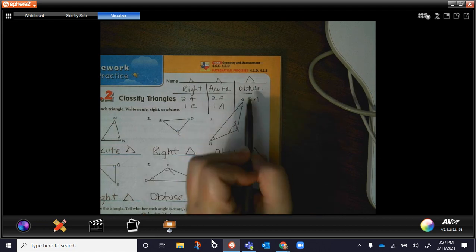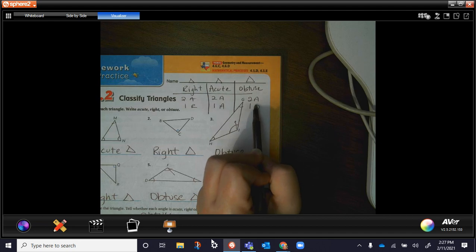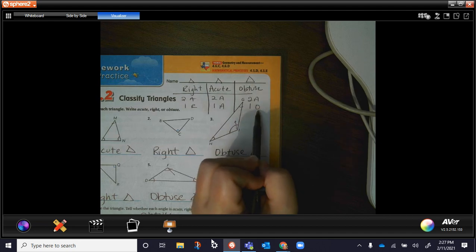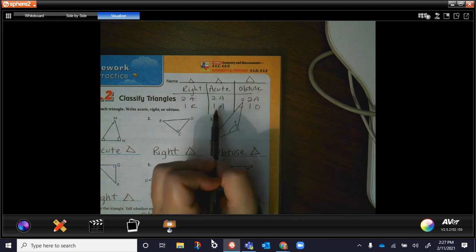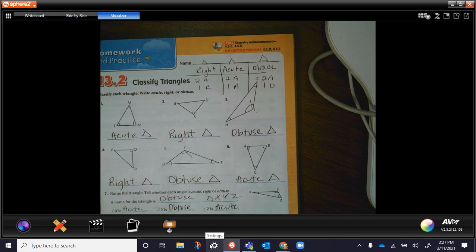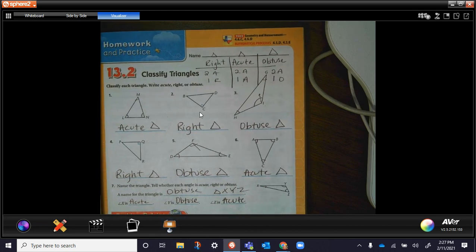If it's an obtuse, it's going to have one additional obtuse angle. Okay, so obtuse matches with that third, acute matches, right matches. So when you're looking at these, you need to look closely at the type of angles they have, and you